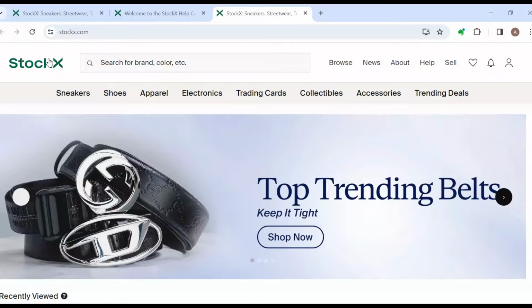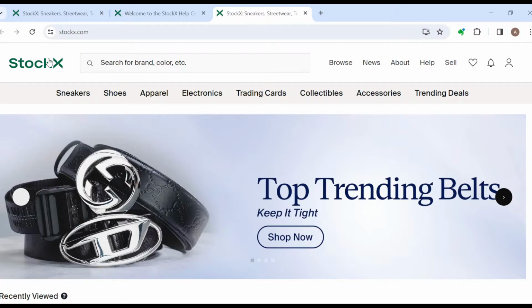In this tutorial, I'll be showing you how you can use Afterpay on Stockx. Stockx is a site that allows payments from Afterpay and PayPal and other bank accounts. And if you're wondering how you can use your Afterpay card on Stockx, just watch this video to the end. And the first thing to do is to open your web browser and then log in to your Stockx